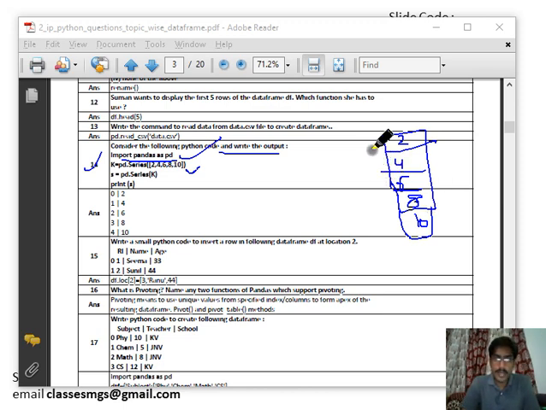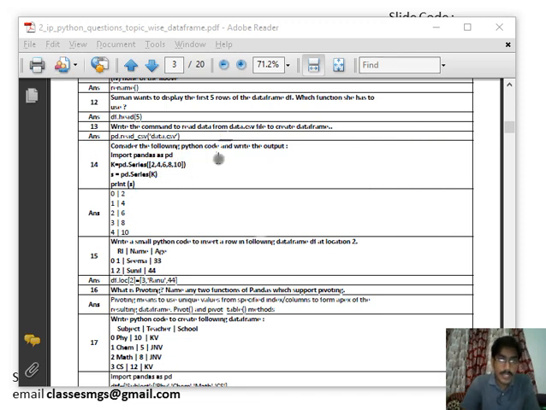And by default the index argument is not passed, so the index will be 0, 1, 2, 3 and 4. Okay, so this is the series object, it will print. Let me move to the next question.